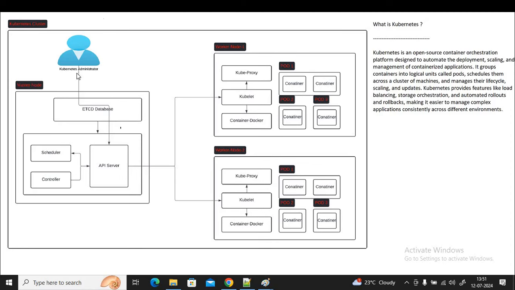So what will be the workflow in the background? The Kubernetes administrator will run the command from here,